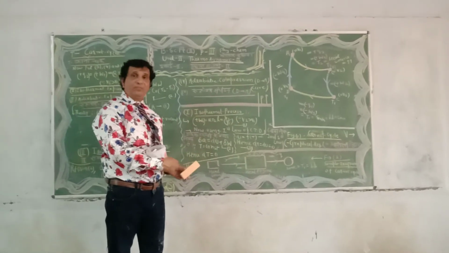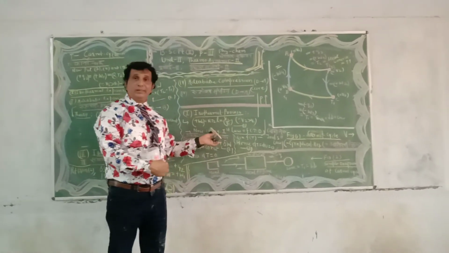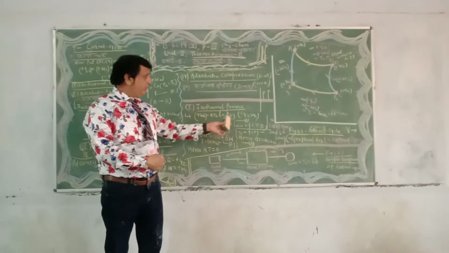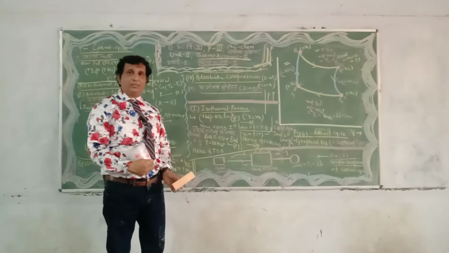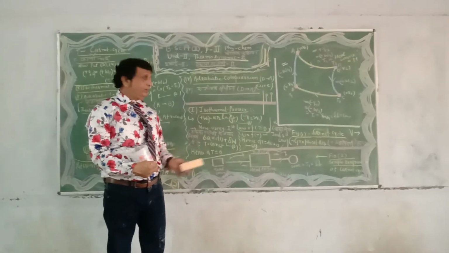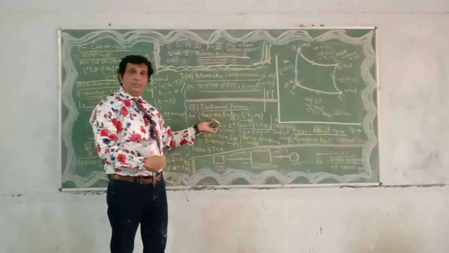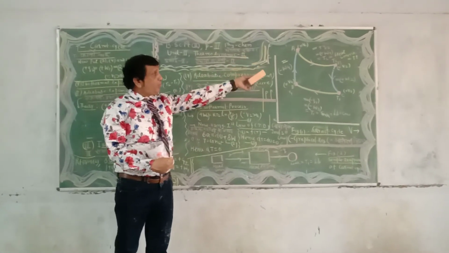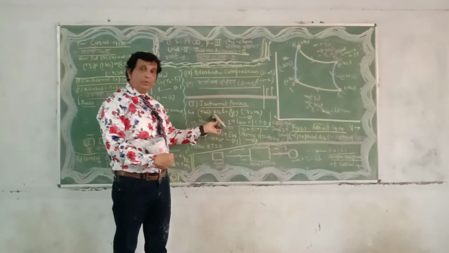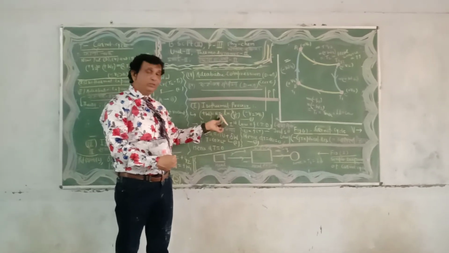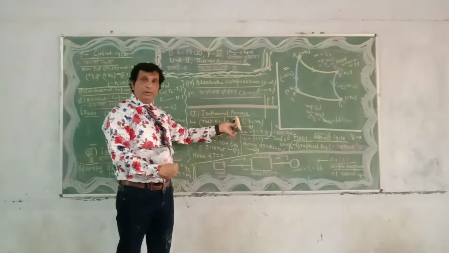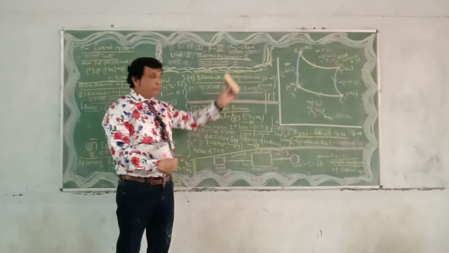Now let us simplify some important terms regarding state variables. We now apply the fundamental equation, equation number 1. Once again, the fundamental equation: the work done calculated from the expansion from A to B, W1, is equal to RT2 ln V2 upon V1, where T2 is the temperature for isothermal expansion, V2 the volume at point 2, and V1 the volume at point 1.